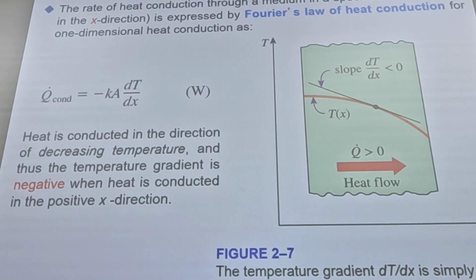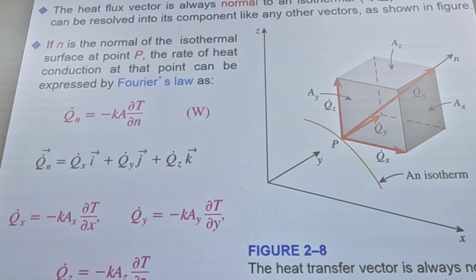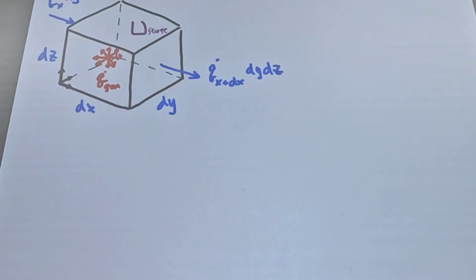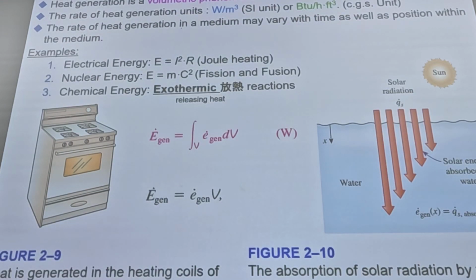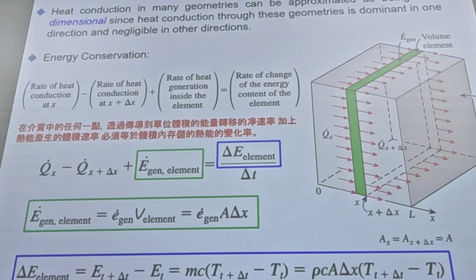Okay, so in deriving the heat equation, they review Fourier's law of conduction a little bit. Then they mention the heat flux vector is always normal to the isothermal surface, so the heat transfer is always orthogonal to your isothermal surface. So all the heat flux vector can be divided or resolved into three dimensions x, y, z, so your heat transfer has three directions. The derivation in the textbook, I think, is a little complex. You can try to look at it in case it's on the exam, or if you take other graduate school exams later. Both derivation methods work. You can look at the textbook,